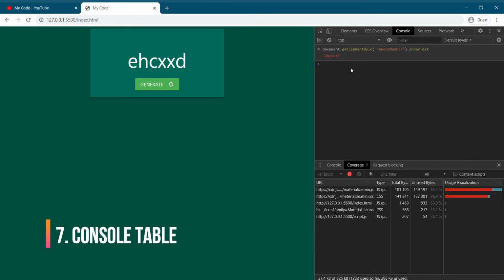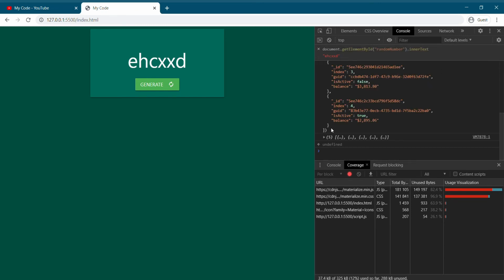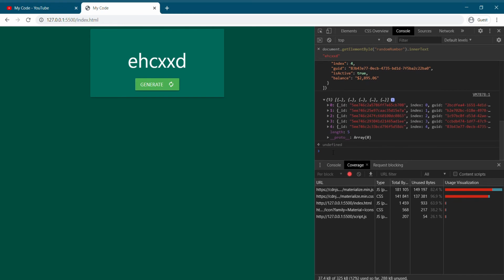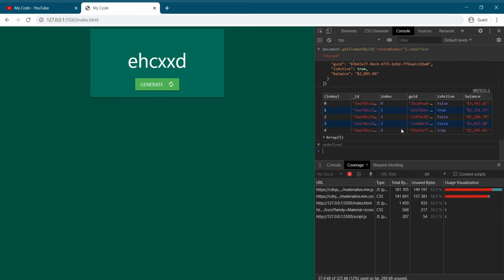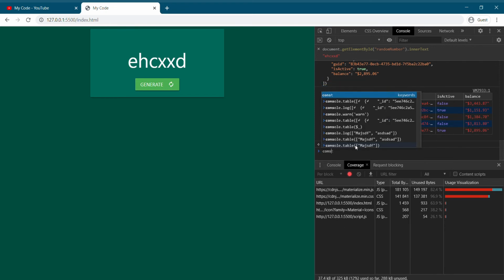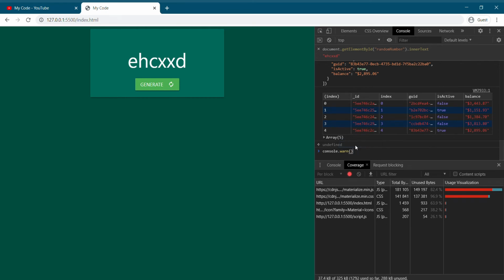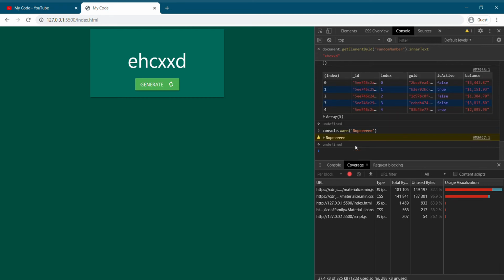Number 7. Console table. Developers often log the JSON to check the data. By default, it will be prettified in console. Do you know that it can even be viewed as a table? Yes, you just give console.table. Now you can see the value in tabular format. Console has a lot more verbose options. You can log console.log, console.error,